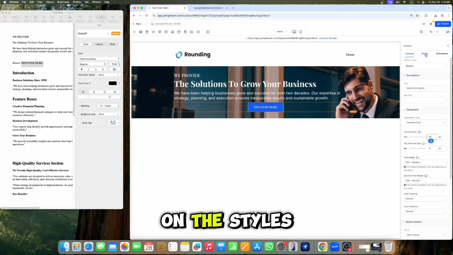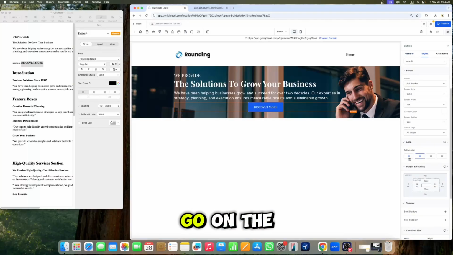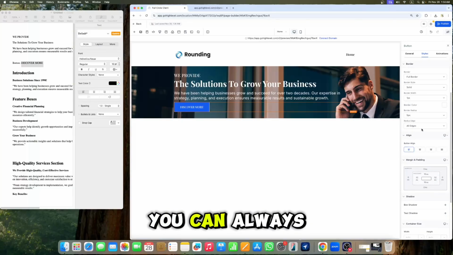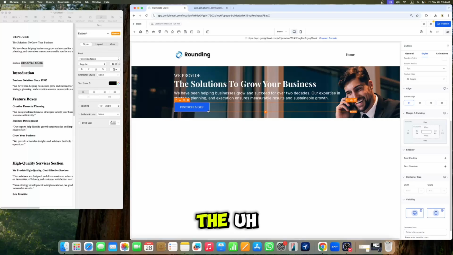And now I will go in the styles, and I will make sure it goes on the left like this one. And by the way, I like the color. This is how it looks. If you click on the styles over here, you can always play around with the